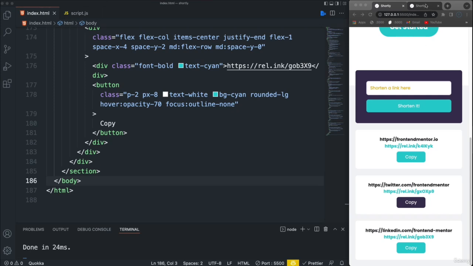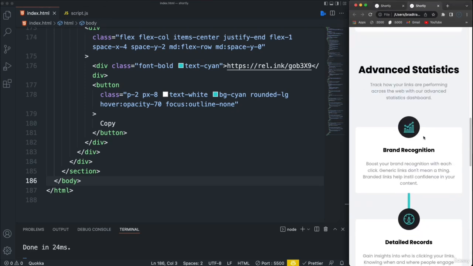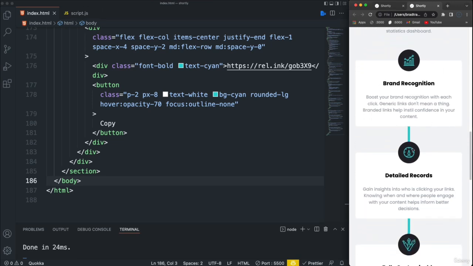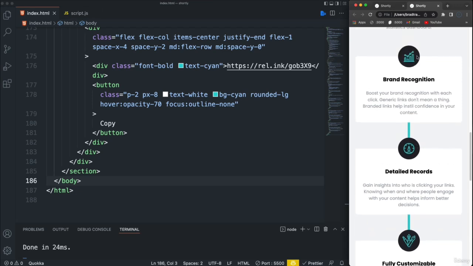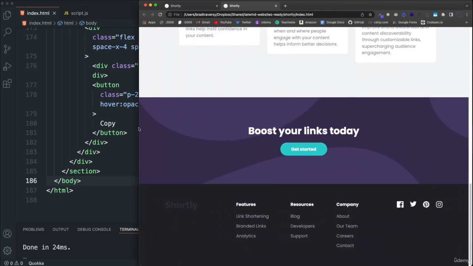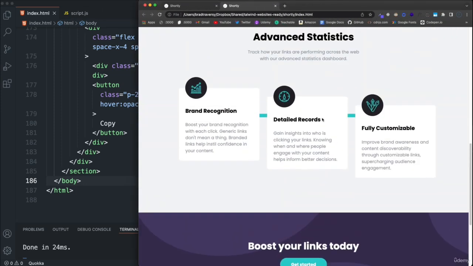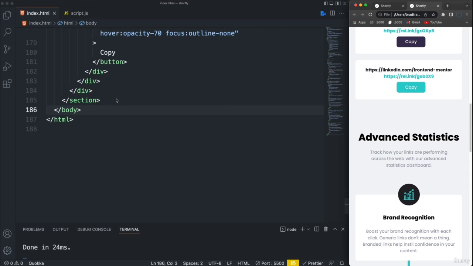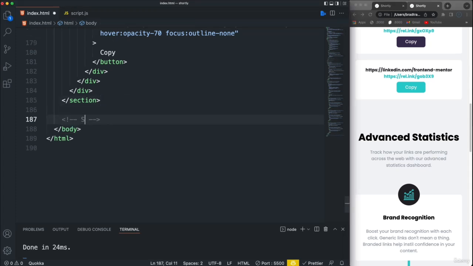All right, so now we're going to do this area here. We have a little section with advanced statistics, just a heading and some text. Then we have these boxes, these features or boxes with these icons in them. And then this line that goes through them vertically on small screens and horizontal on large screens. And we're also going to have them offset as well on large screens. So let's come down under the last section, and this one will say stats section,